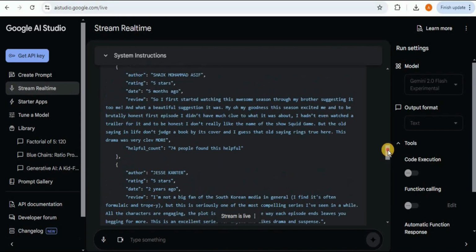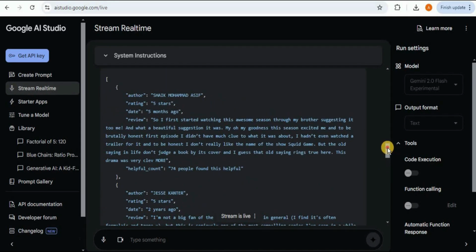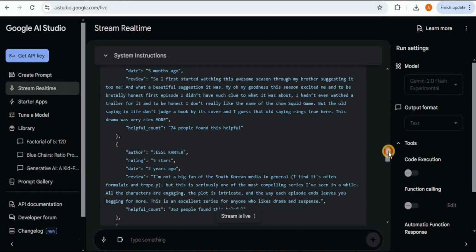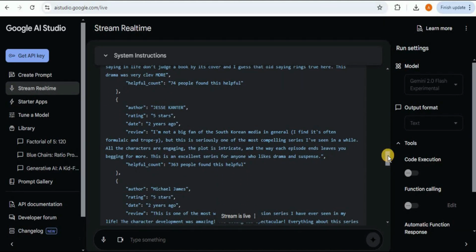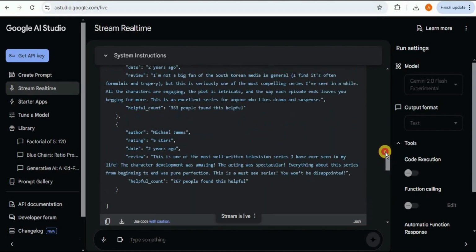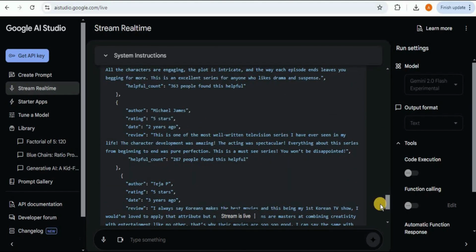You can see that once I stop the recording, it scraped through all the reviews which I scrolled and has provided me the author, rating, date, review, along with some helpful content for all the reviews which I scrolled through. You can always go ahead and use this information to create different types of datasets on the basis of the extracted data. Another important use of this scenario can be analyzing customer feedback or compiling reviews for comparison. This method will save you hours of manual copying and pasting.